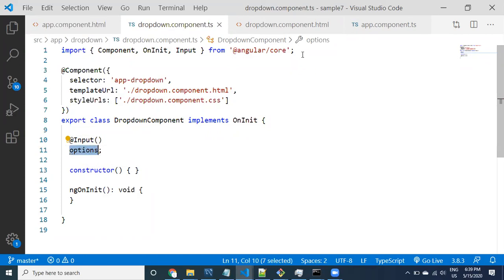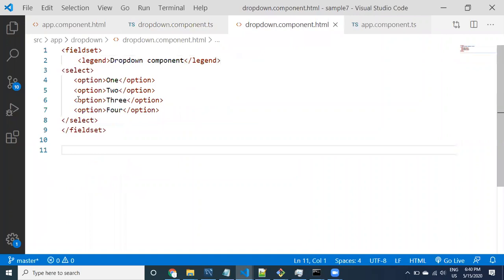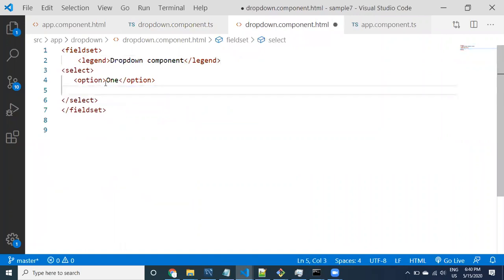See here, guys, what kind of data are we taking? Just a normal array. So the data is available in the dropdown component class. This is a property of the dropdown component class. The data of this class can be displayed in the dropdown component HTML. Go to the dropdown component HTML. Whatever data you are displaying statically, remove it and take one option.